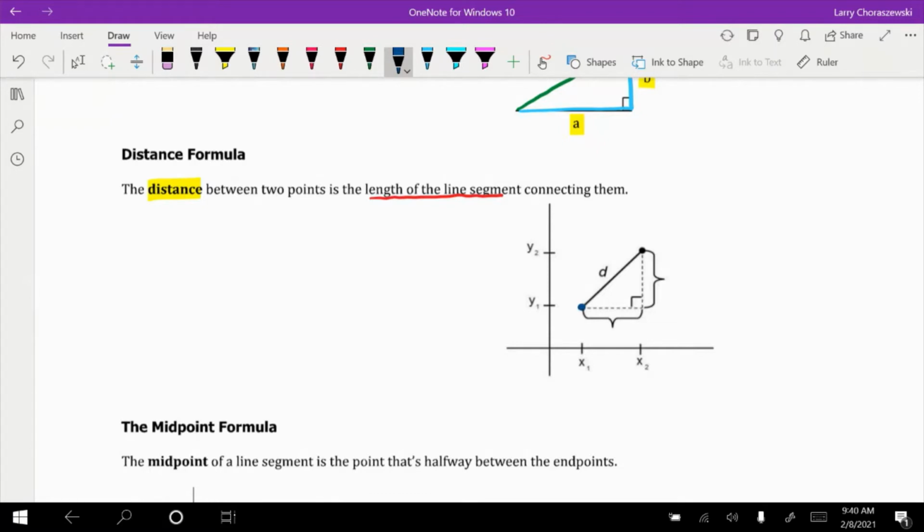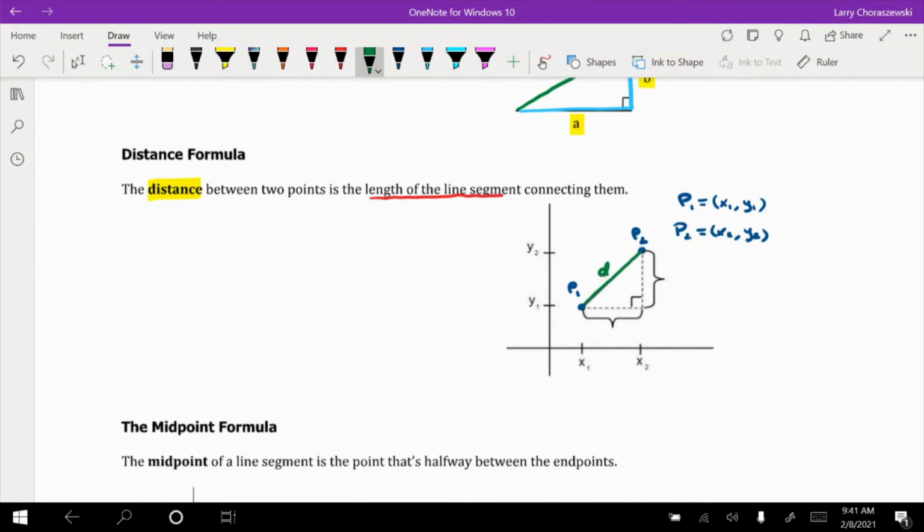So the first thing I'd like to do is just indicate the points in their ordered pair form. The point at the bottom of the line segment, I'm going to call that P1, and the point at the top I'm going to call P2. Now let's say P1 has the x coordinate of x1 and the y coordinate of y1, and P2 has the x coordinate of x2 and y coordinate of y2. The line segment that connects P1 and P2,